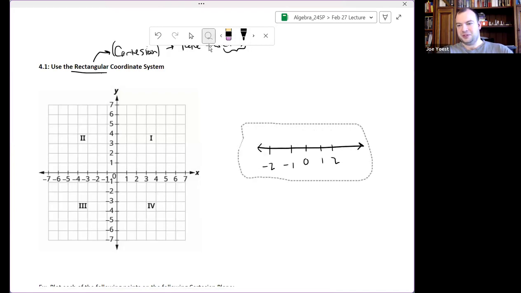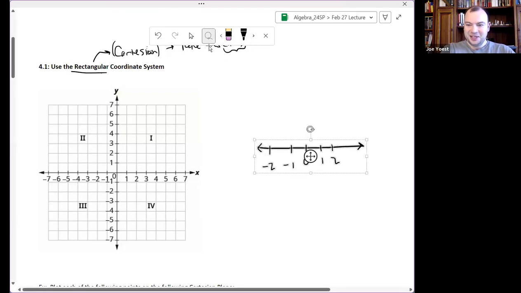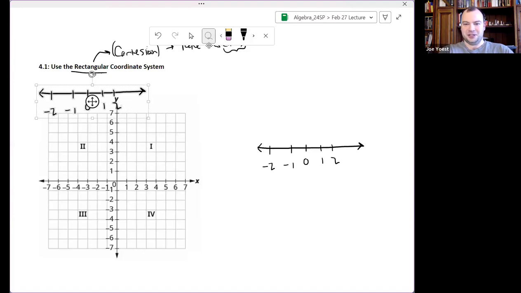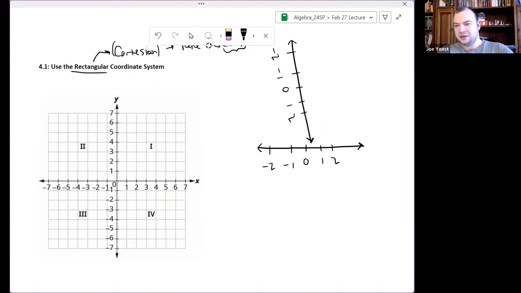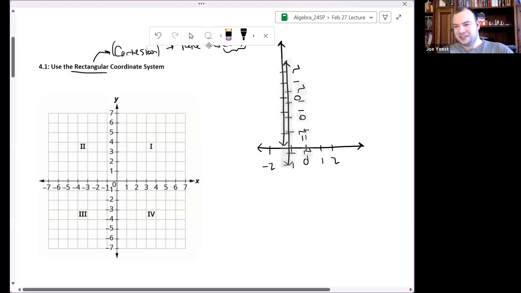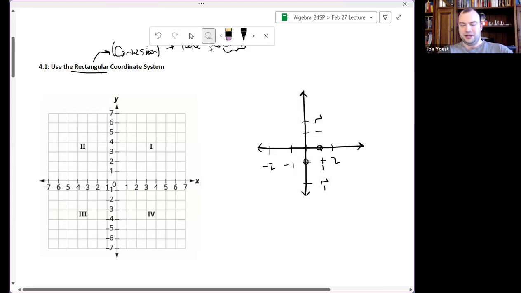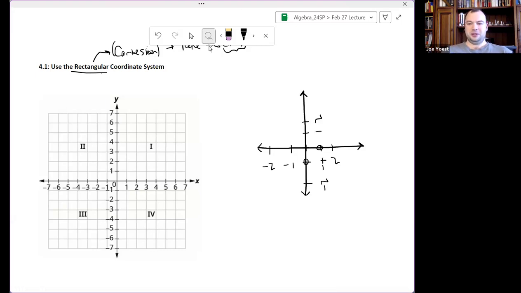I'm not 100% sure that I can make this work, but we'll try to use technology to. Oh, I went the wrong way there. Okay. We make a copy of that number line, we turn it 90 degrees, and now we have 2 copies of the number line. So before we could traverse the number line left and right,